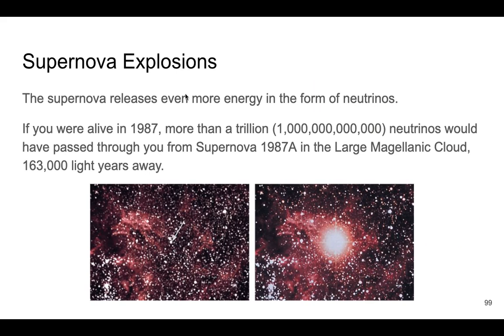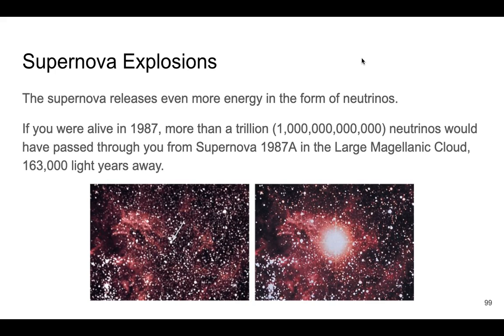So supernovas also release a lot of energy in the form of neutrinos. These are very bizarre things that practically never interact with anything. They go through 4 light years worth of lead with a 50-50 chance of getting stopped. So these are very unreactive things. And neutrinos are very unmassive. They're very, very light particles, but there are so many of them, they carry away a lot of energy.